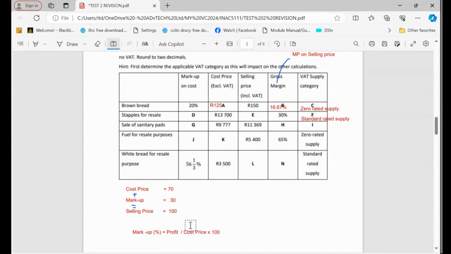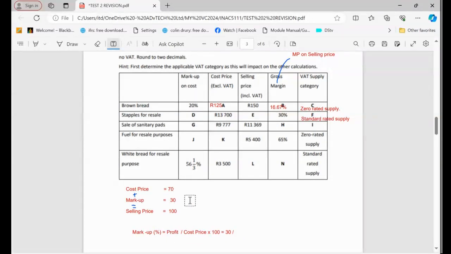But by looking at this, you can easily check. What percentage represents profit? It is 30. You just say equals 30 divided by,